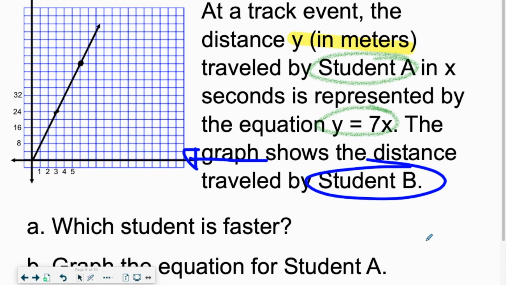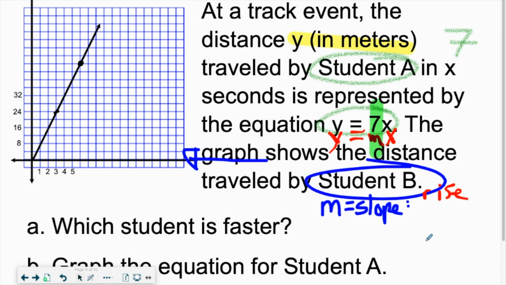We're going to use our proportional relationship equation where y equals mx, where again, remind yourself that we talked about the letter m stands for our slope. So what is the slope in student A? Student A has a slope of 7. Great. Over here on student B, we're going to find the slope for student B, which we talked about in the previous lesson. m equals slope equals